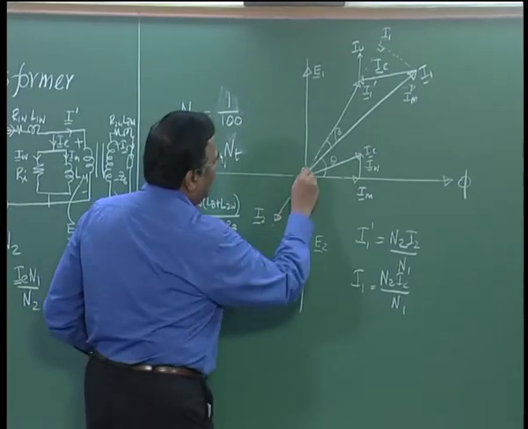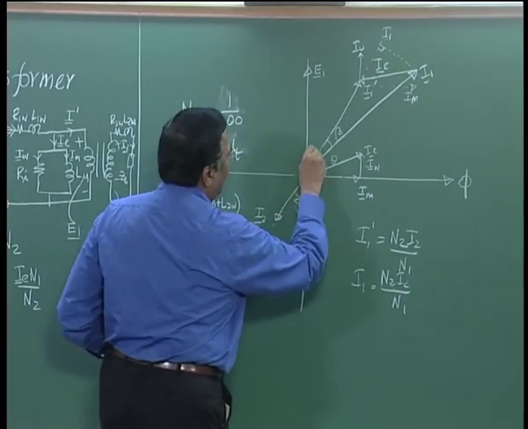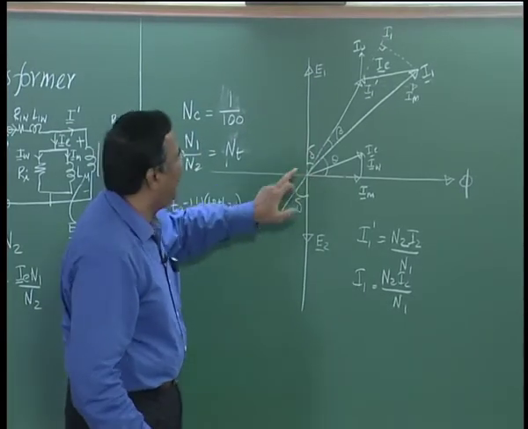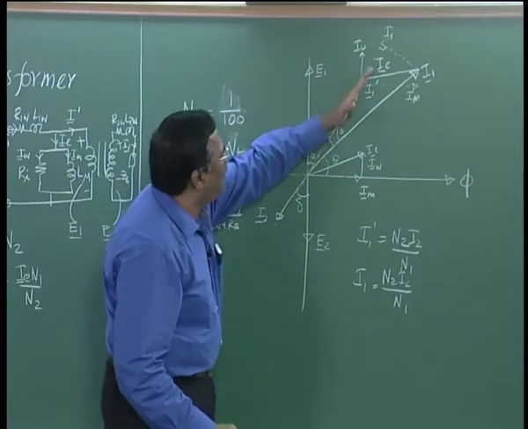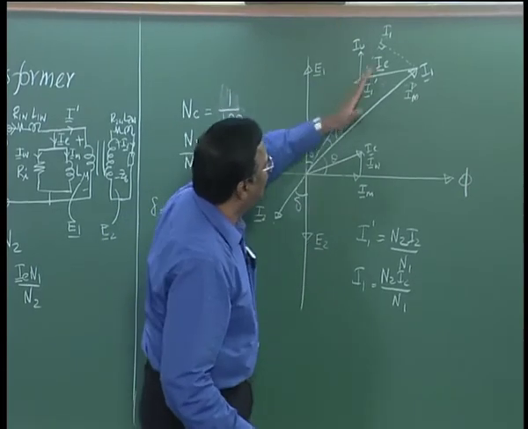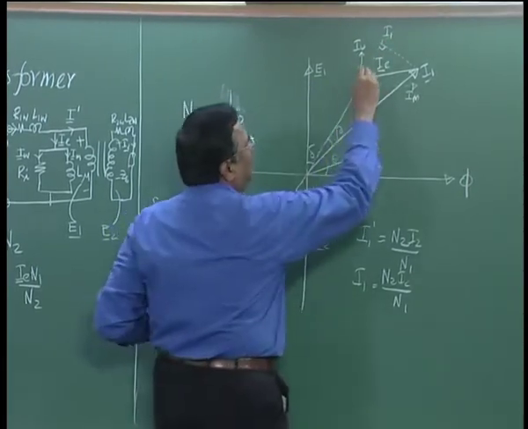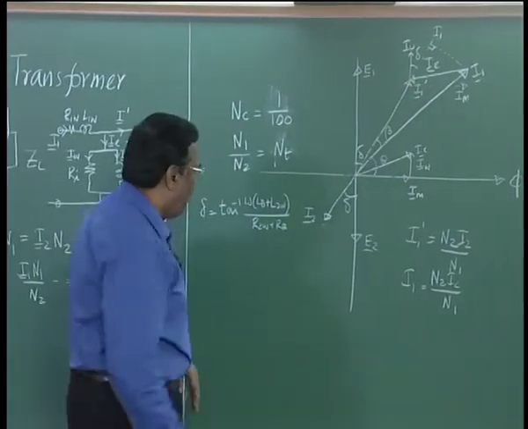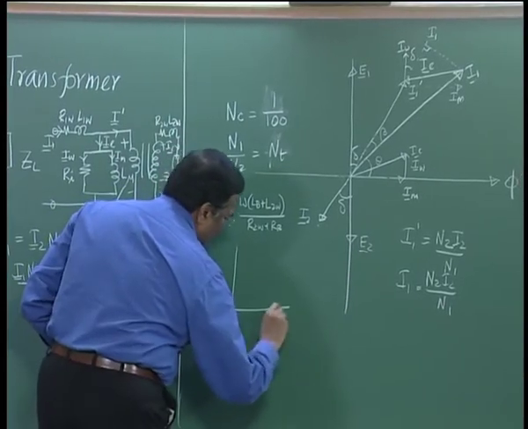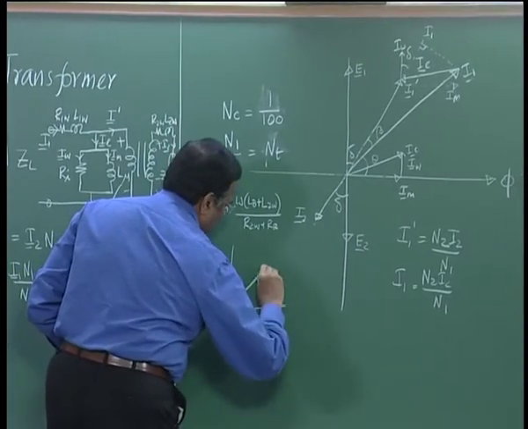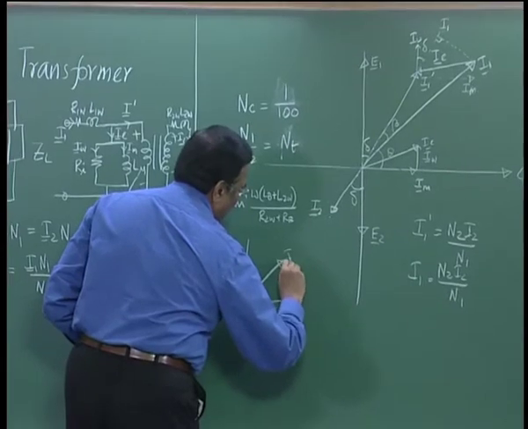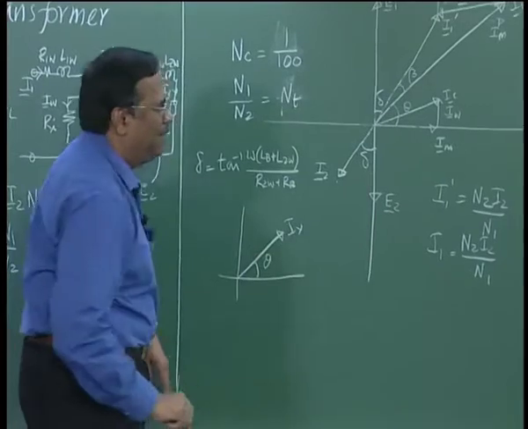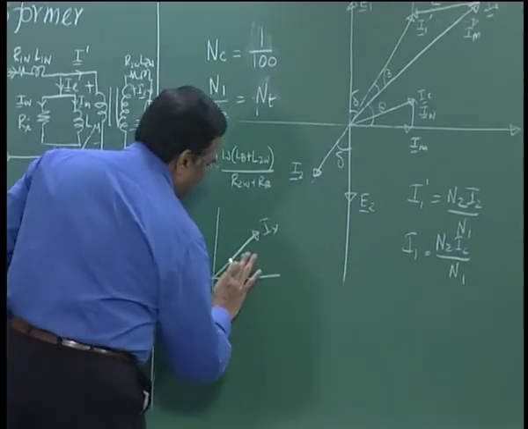This is delta. So, this has to be delta, right, opposite angles must be equal, and this is a rectangle I1 prime, this is again at right angle I1 prime. So, this angle has to be delta, right. Now, if I have a phasor, this is my x axis and this is my phasor, I call it Ix, and this is let us say theta, I have already used theta. So, I will say phi.